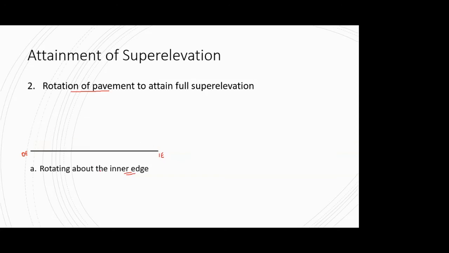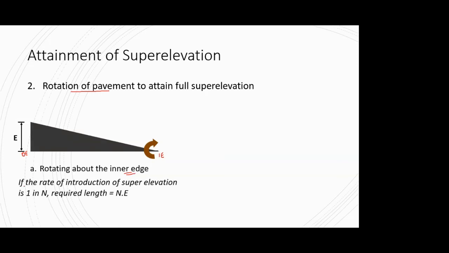Now this inner edge rotation will be gradual. It's not that at the end of the straight section you have one kind of surface, and at the next moment, at the point where the transition curve starts, you have this kind of cross section. We increase that cross section gradually like this, and for that, as I told you, the transition curve is used for raising this edge or whatever rotation you have to provide. It is provided in that transition curve, and at the end of the transition curve, or at the start of the circular curve, you will get this kind of cross section.